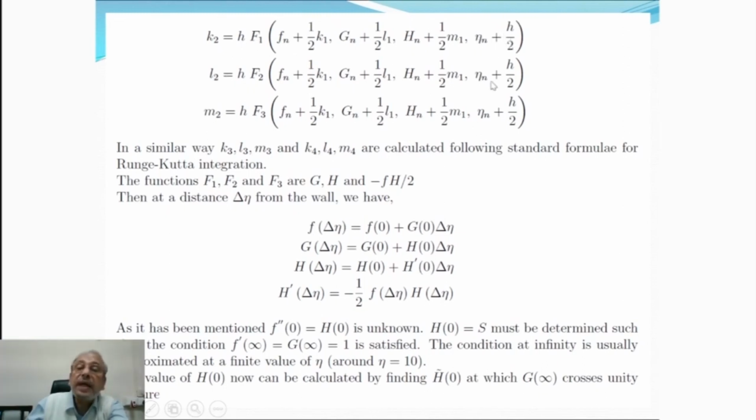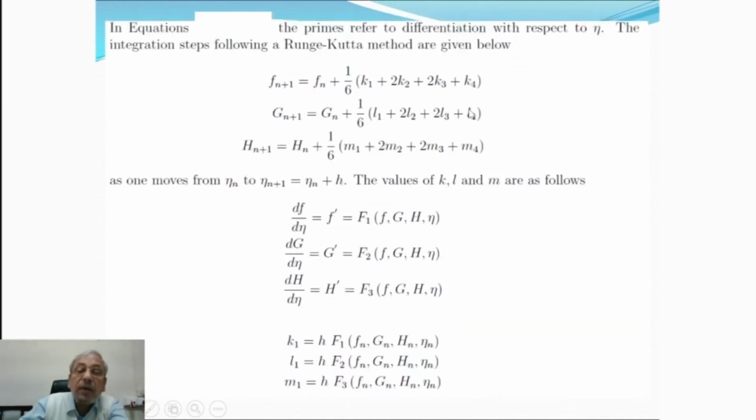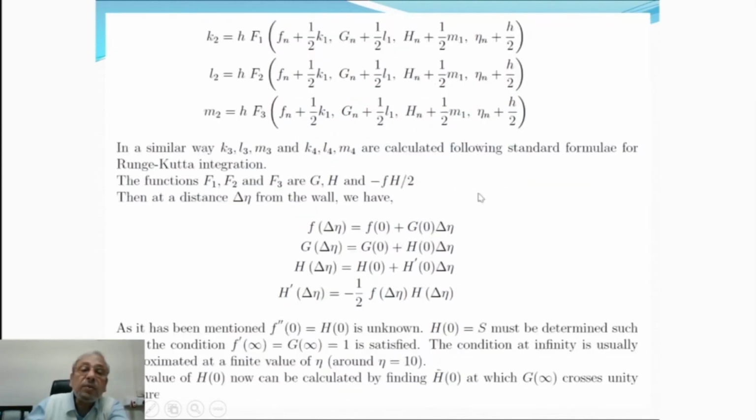So L2 we find out this way, M2 we find out this way. So these are the quantities as we have seen: K1, L1, M1, then K2, L2, M2, K3, L3, M3, K4, L4, M4. So we have to find out this, and then